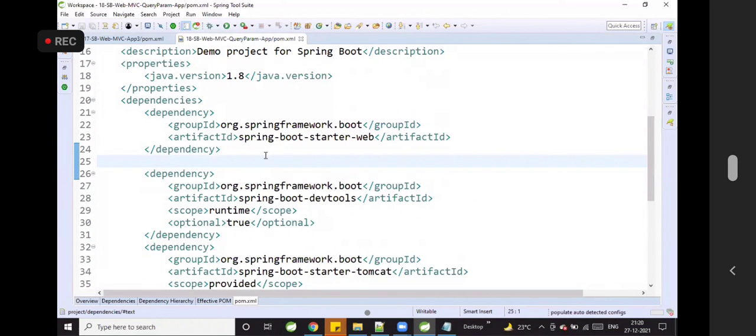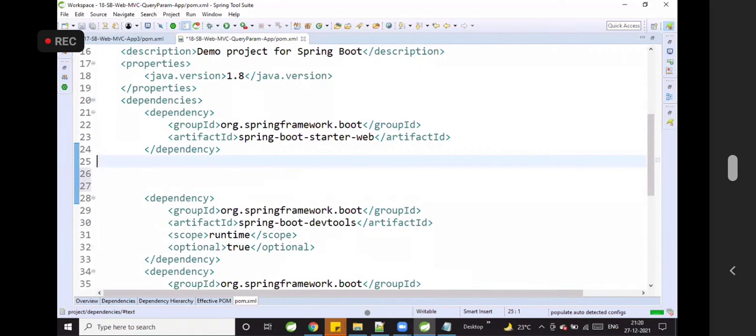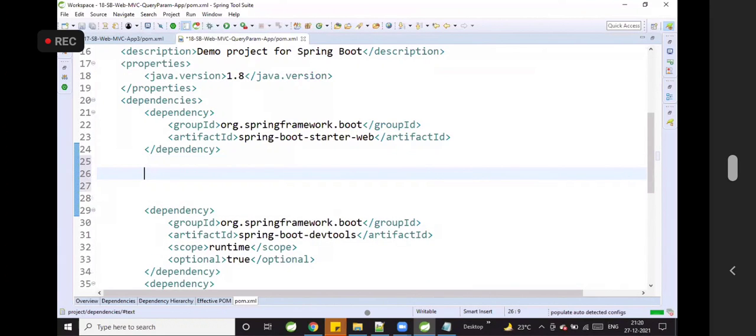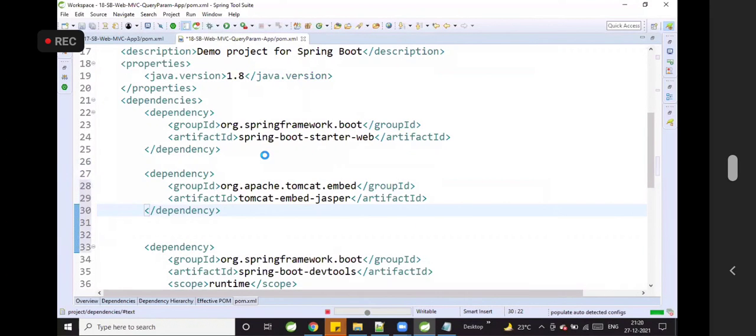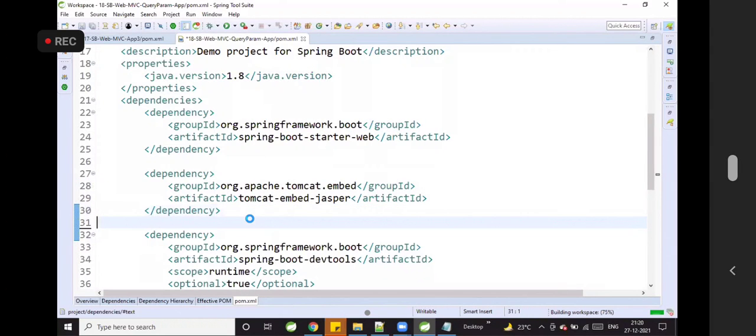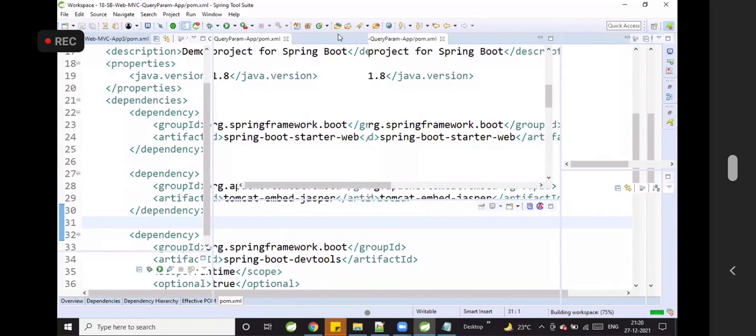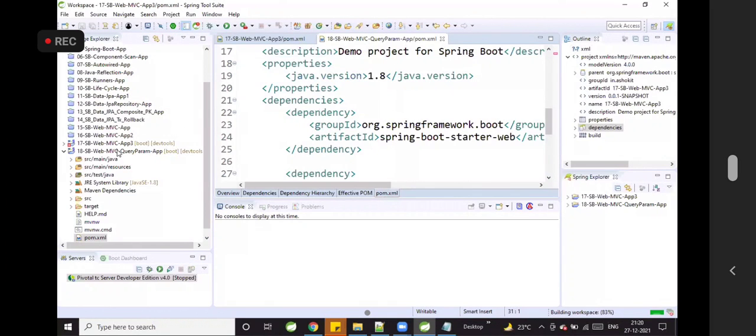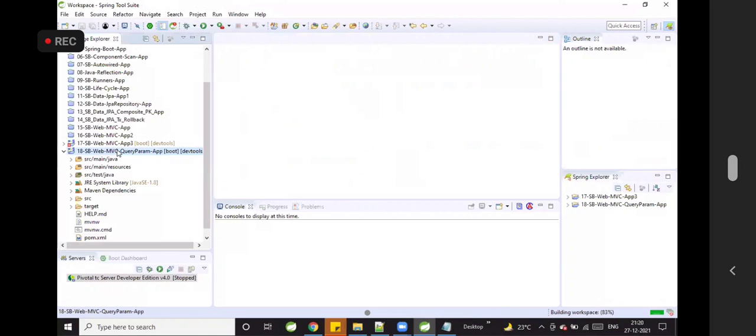Web starter is there. Embed Jasper I have added. Now let us create one controller to demonstrate this.